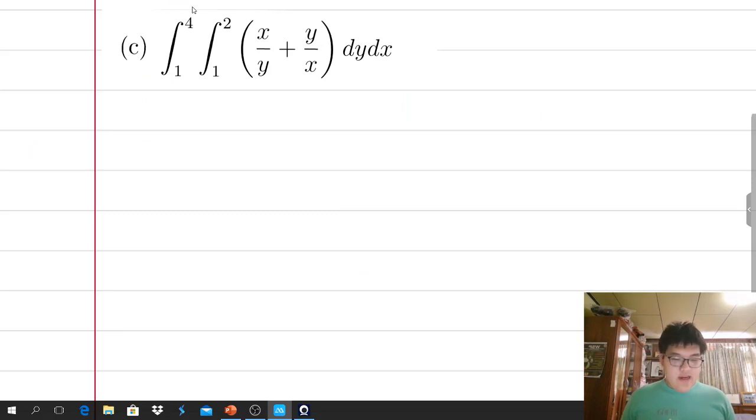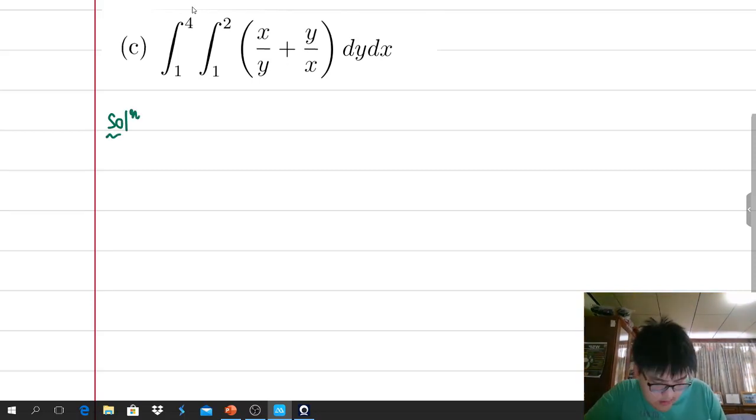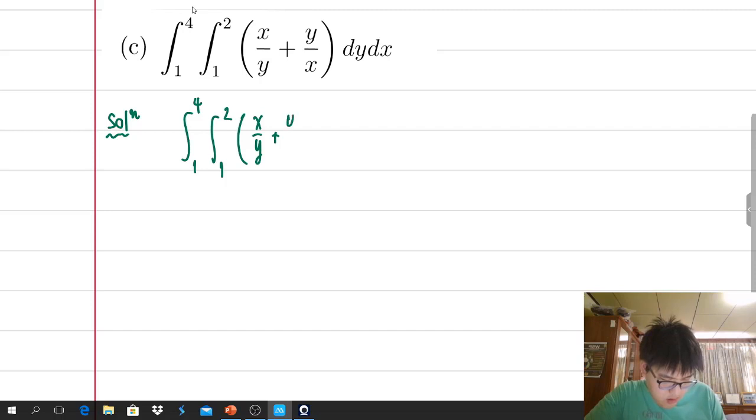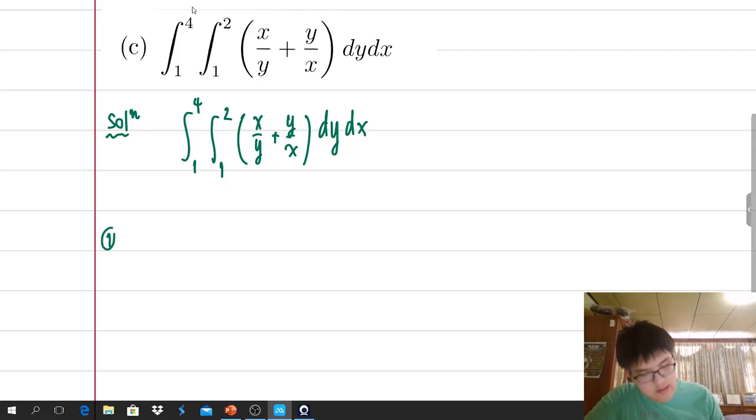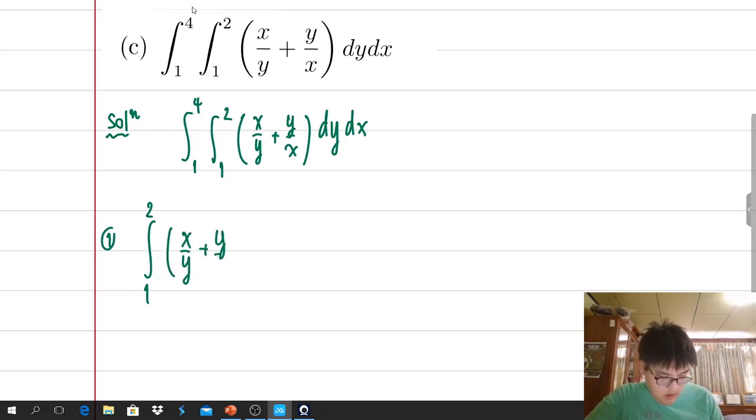Okay, move to the next example. You look at this. We will do it the same as the example before. But consider the inside integral first. We will get the integral from 1 to 2 of (y plus y over x) dy and dx. But first we consider inside the integration, we will get the integral from 1 to 2 of x over y plus y over x, dx. Then I will tell you, oh sorry,